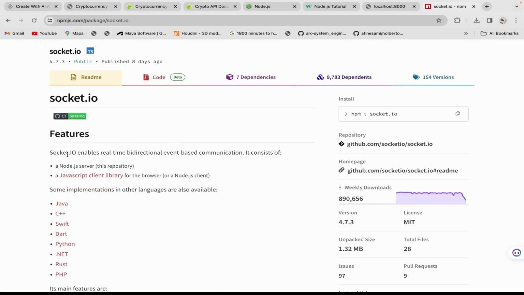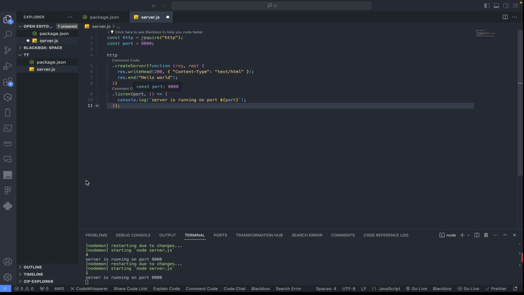So you see, socket.io enables real-time bi-directional event-based communication, and it consists of a Node.js server and a JavaScript client library for the browser. And so we're going to be importing the library in our JavaScript file and so many other things later on. So without any further ado, let's go into